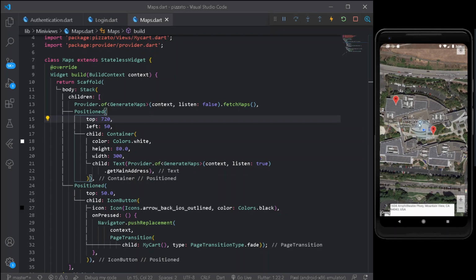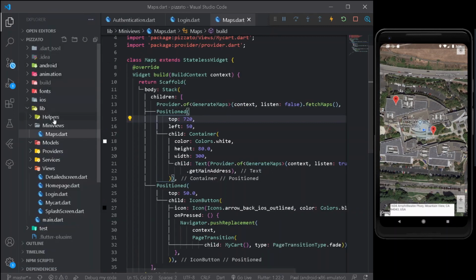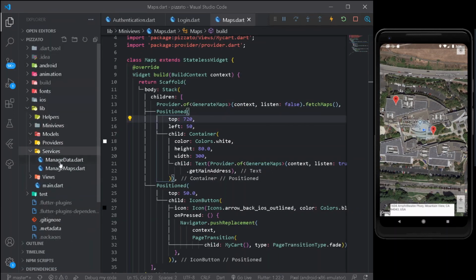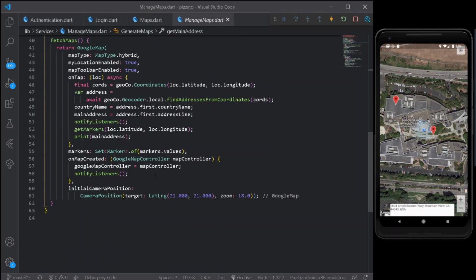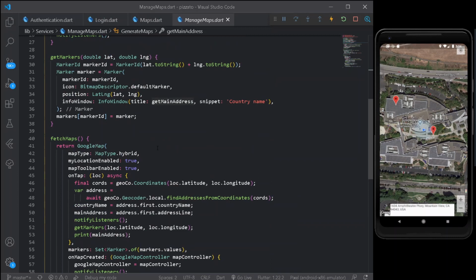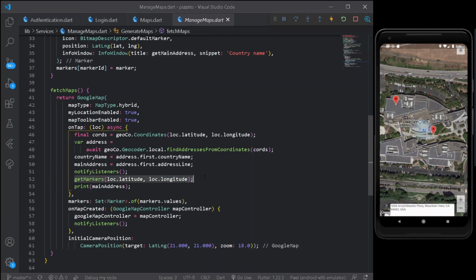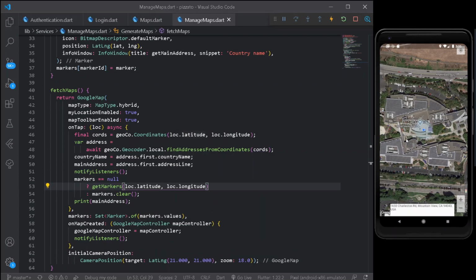So before that let's declare a single marker here. For that we can simply go under maps, under not providers but services. There are a lot of screens. So here you may observe that we are printing the entire address on tapping over them under on tap. So for that I can simply remove the entire string from here. Let's have a marker tab. So here markers, if they are null, we will be taking the entire markers, else we will be clearing the entire markers. So the values are changing, which is a good thing from here.